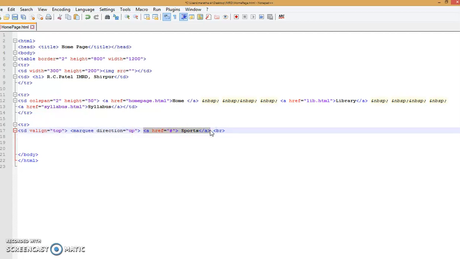Copy those links. Staff members, etc. Okay, in this way we pass the sub links in that marquee tag. Means the most important data should be passed here.